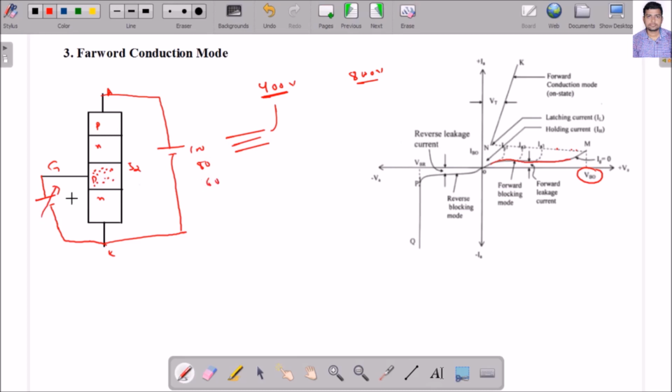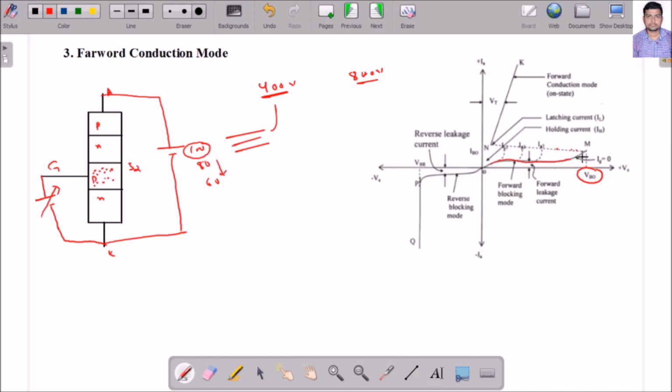समझ रहे हो, मान लो कि मैं पहले कुछ गेट सिग्नल नहीं दे रहा था, तो मुझे कितना वोल्ट चाहिए था ऑन करने के लिए, 100 वोल्ट चाहिए था, but when I am giving the gate signal, now the voltage requirement will be reduced, because as I am giving the gate signal, this P region is flooded with electrons, and some of the electrons may cross the junction J2,